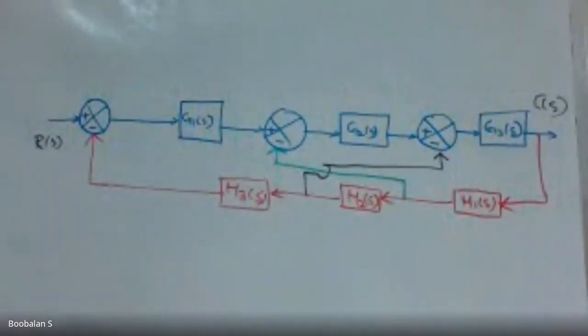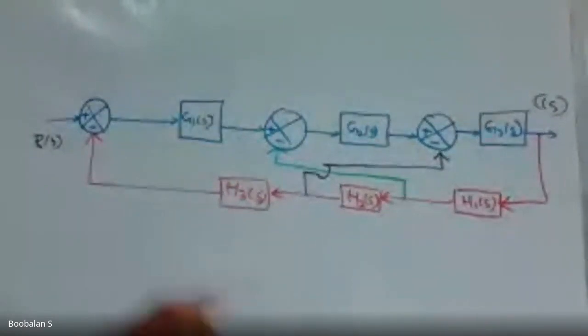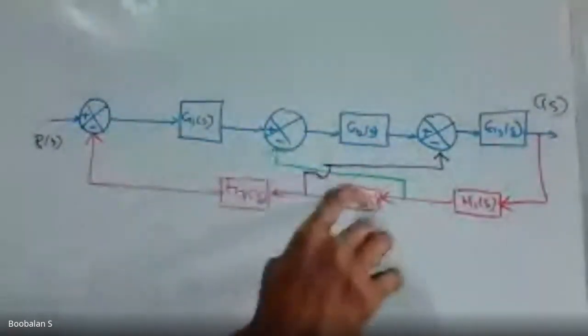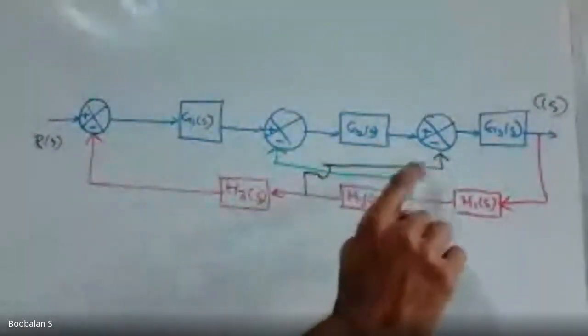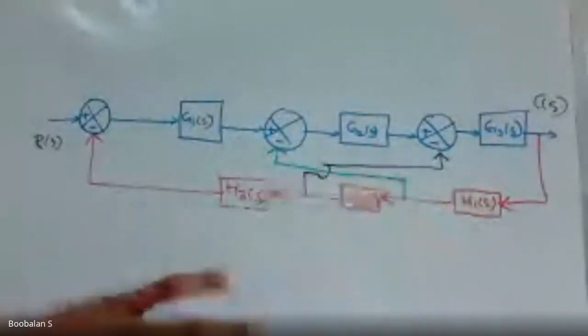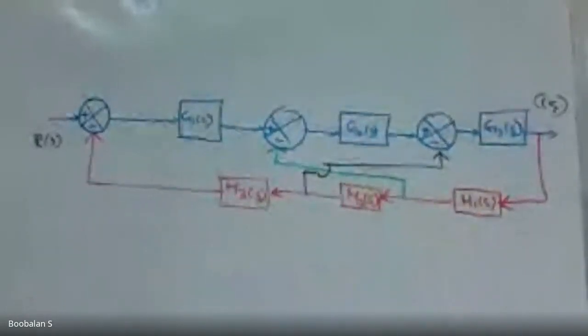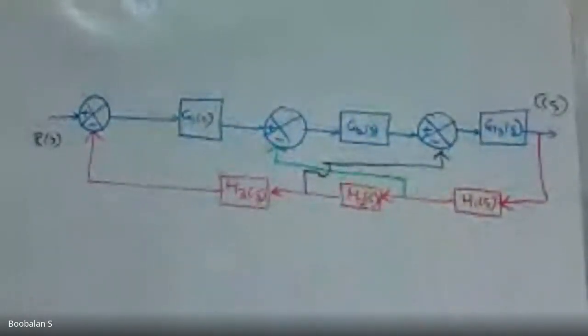Now next, what can we do? Just imagine the next block diagram, it will look like this, right? Now this cancels, so this comes along with this. Now this H1 is again commonly connected. Split it into two. So just now we have discussed, right? Split it into two. Then you could easily solve it step by step, right? So split next. What is common, isn't it?